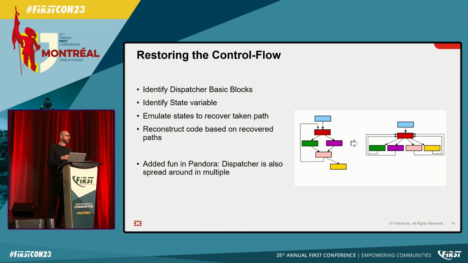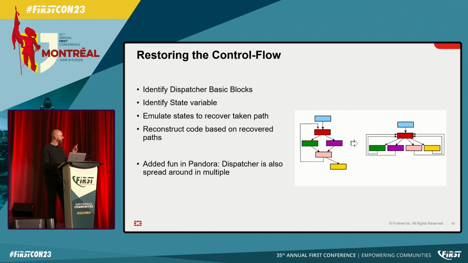So it's either one state, if it's just a simple jump to another basic block, then it's going to be just one next state. But if there is some kind of conditional jump, then it's going to be two states. And if you identified all these, then you pretty much have everything to reconstruct the control flow. You either just print a graph and look at it that way, or you can try to patch the IDB in IDA Pro, or patch the binary itself with some other tooling.